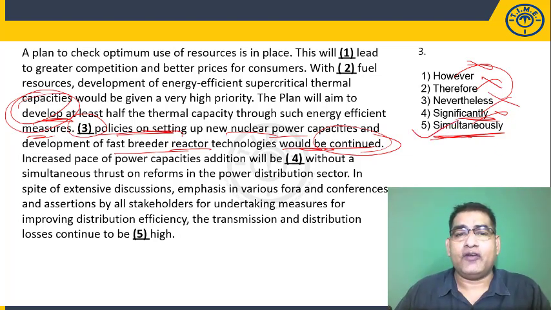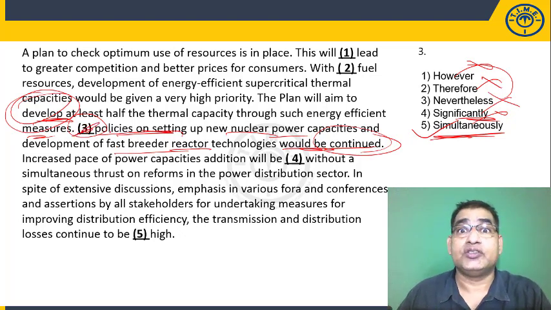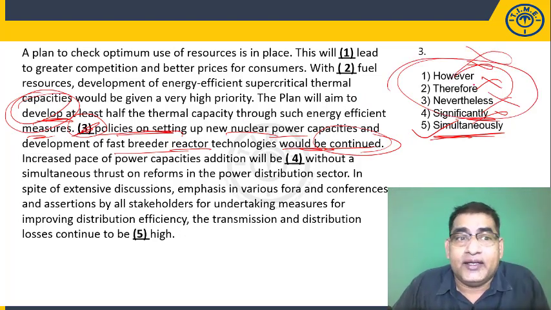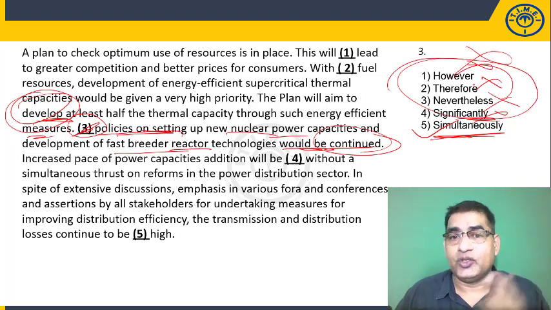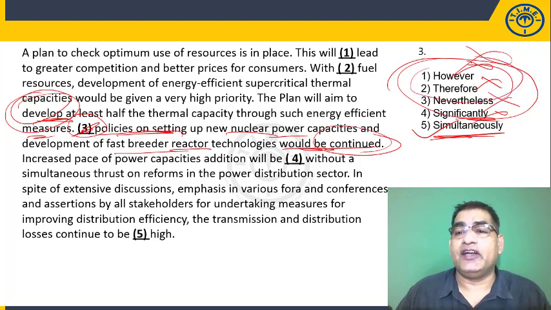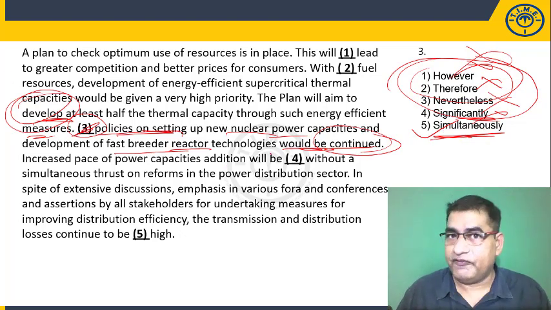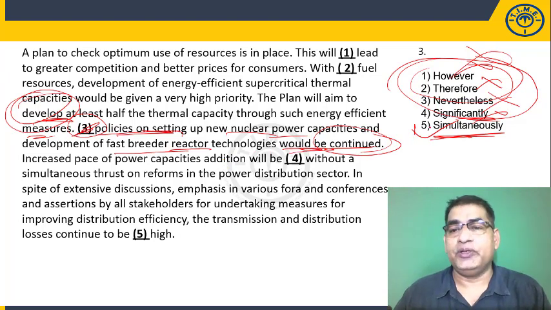And this is not a very deadly difficult question. Even if you had not guessed the meaning of this blank word, as I did, you could still eliminate these wrong choices. You see, they are not related to the context. They don't make sense in the context. The first 3 definitely are useless. Between simultaneously and significantly, obviously, simultaneously makes sense. While that is happening, this also is being done. Fair? So third question, the answer has to be 5. Now we go to the fourth.